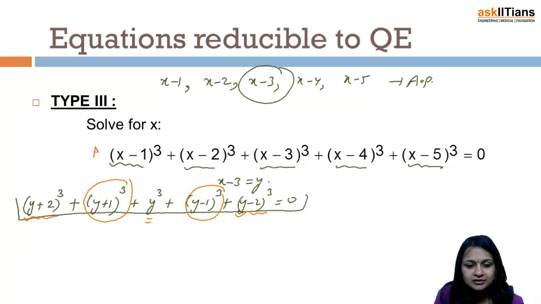But if I take it the other way, for the first instance it will not help me, because nothing will get cancelled at the first instance. But then our final solution is not for y, but for x. So whatever solutions you get for y, you have to make sure that finally you add 3 to get the final answer.